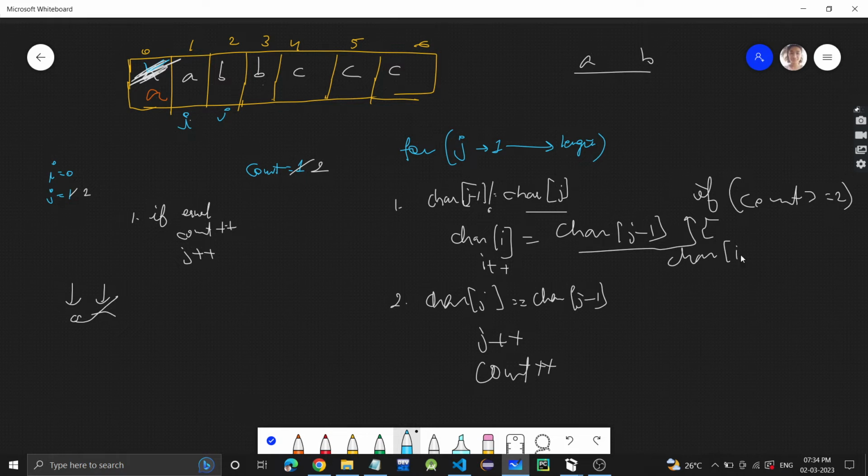So in character of I, store the count. Okay, so here, character of I, count is what? 2. So we will store 2. So see, we are modifying the current array only. Alright. And also once we have done this, the last step would be that after this we will make count equal to 0, because now count will initialize to 0. Count will become 0 now.